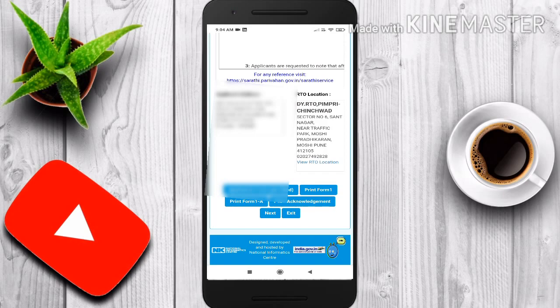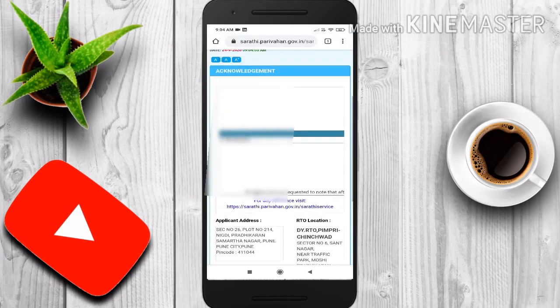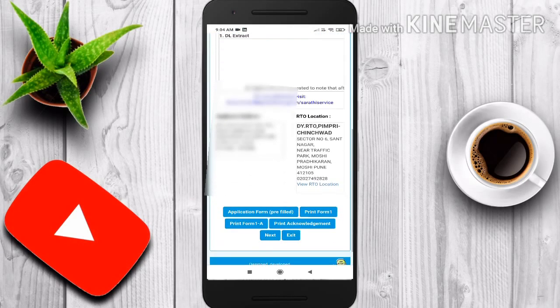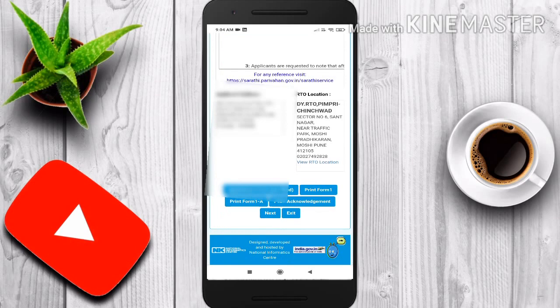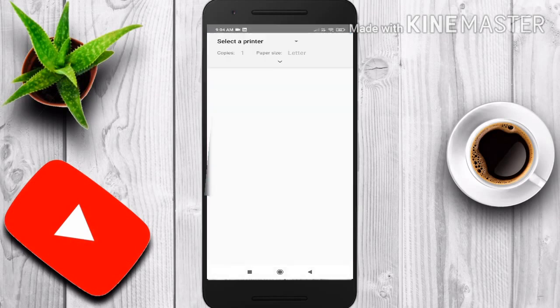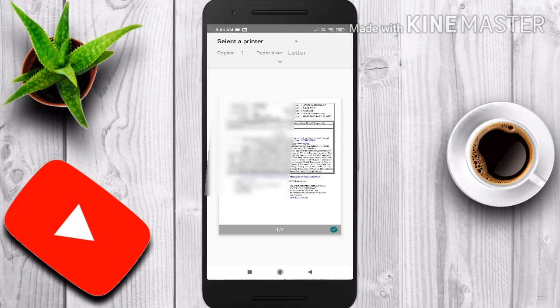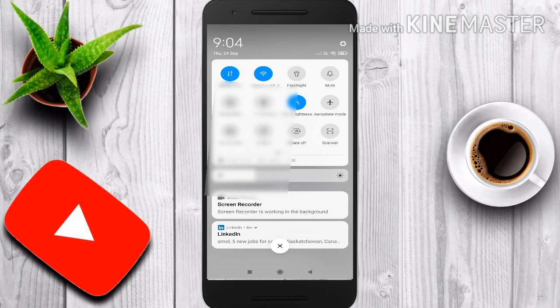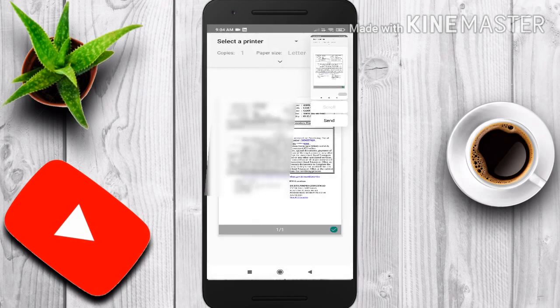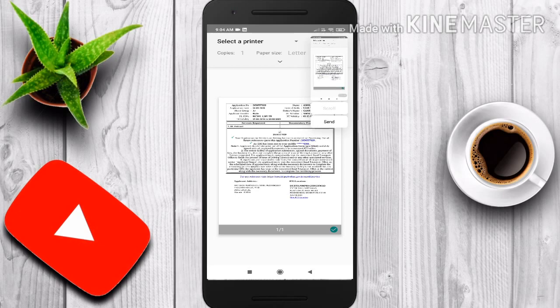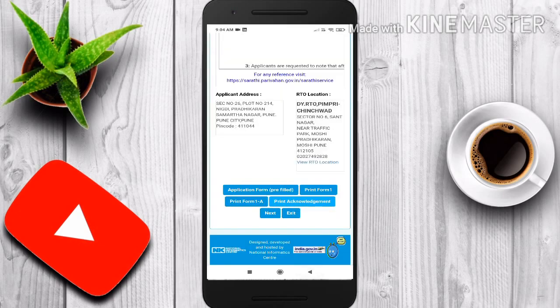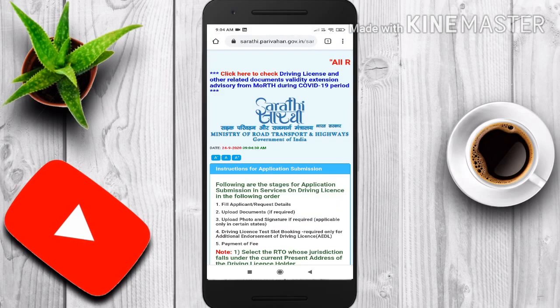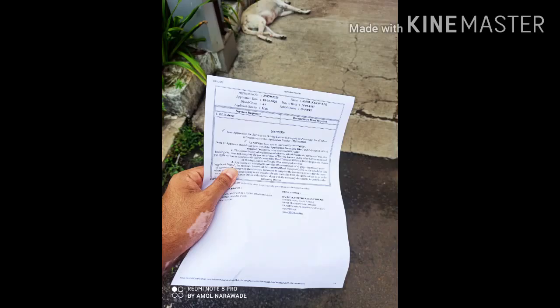Select the option for printing the acknowledgement, or you can just screenshot the application. This is the only printout document you need to take with you.